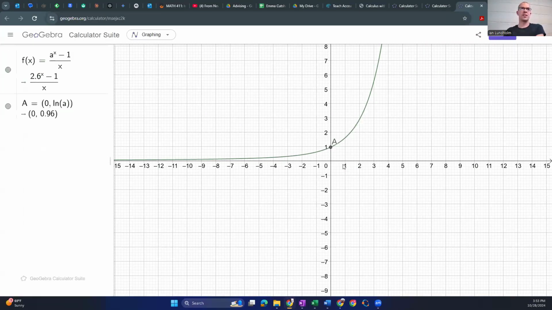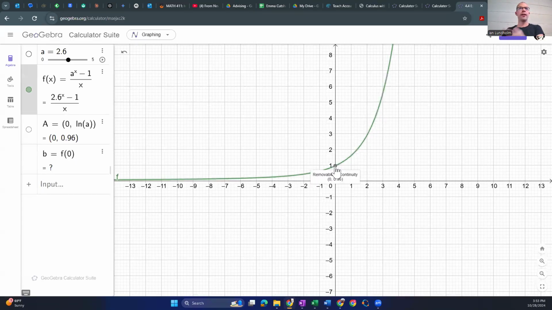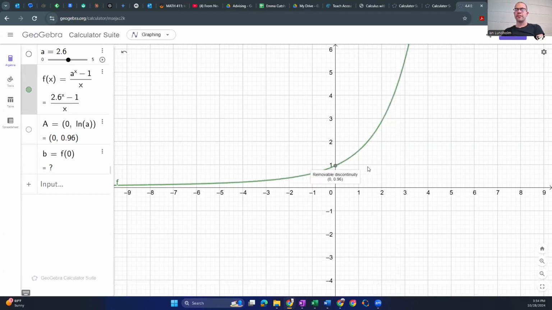In example 3, this is what we got to look at. Here, if I do f of 0, we're getting an undefined point. GeoGebra is mysterious. When I clicked it this time, it gives me an open circle, and it says removable discontinuity. I knew that GeoGebra could do this. It is just not consistent at all when it does. That's super cool. Anyways, on this one, it is giving us kind of a limiting value there based on